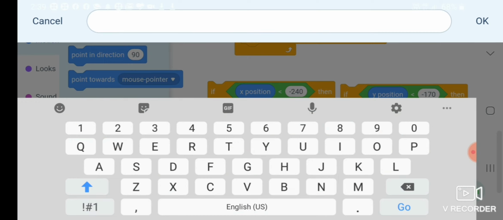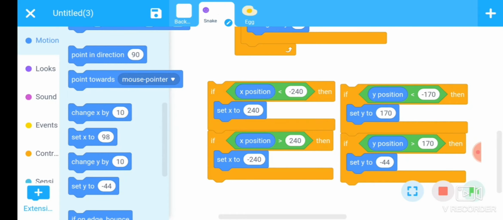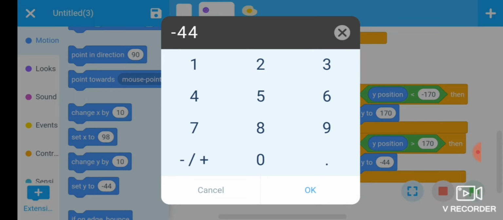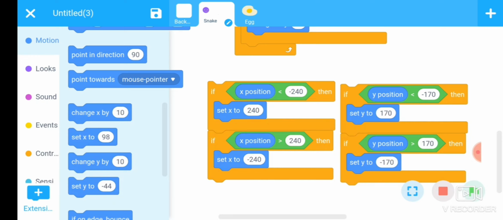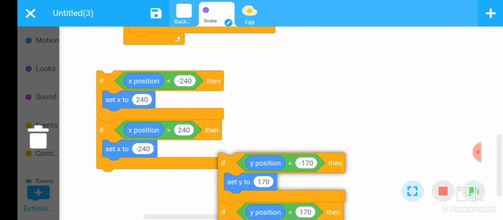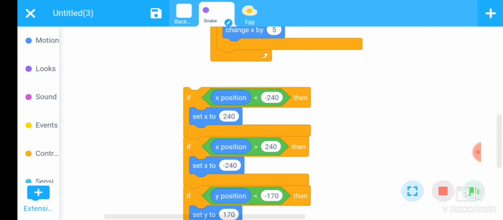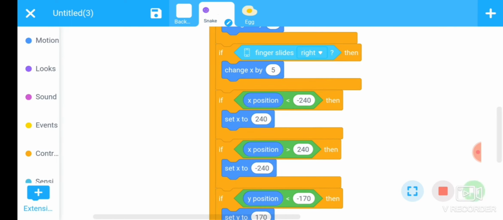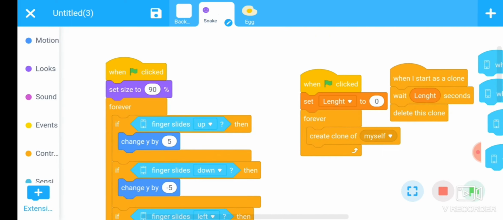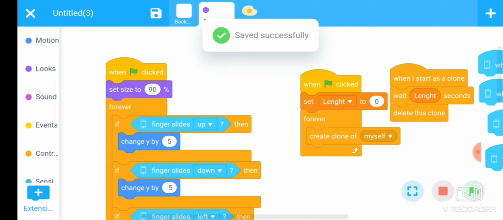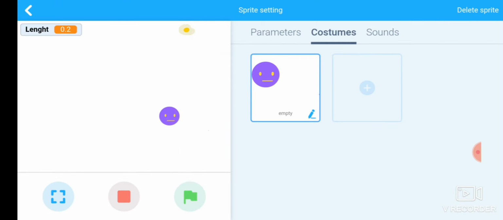For greater than plus 170, change the y value to minus 170, and put this condition inside the forever loop and save it. Again run the program.